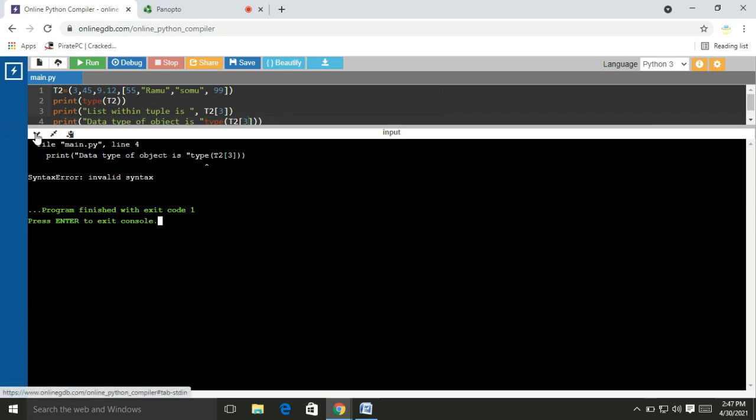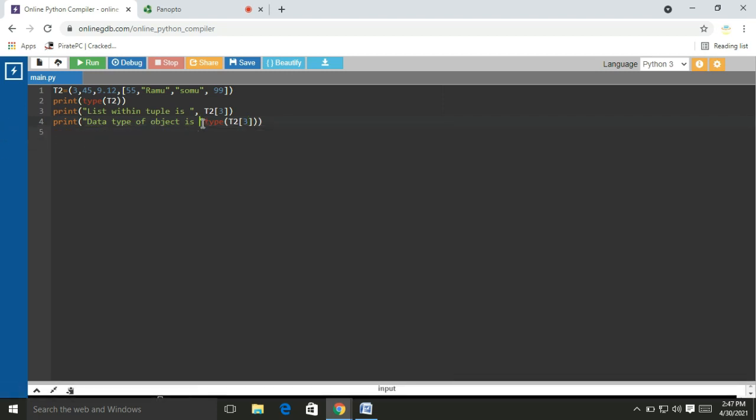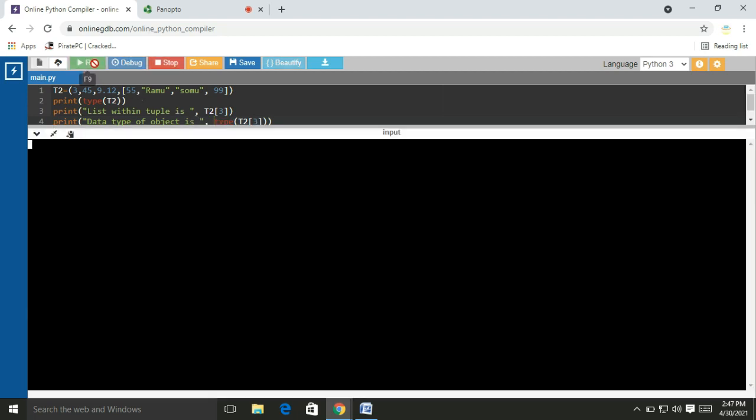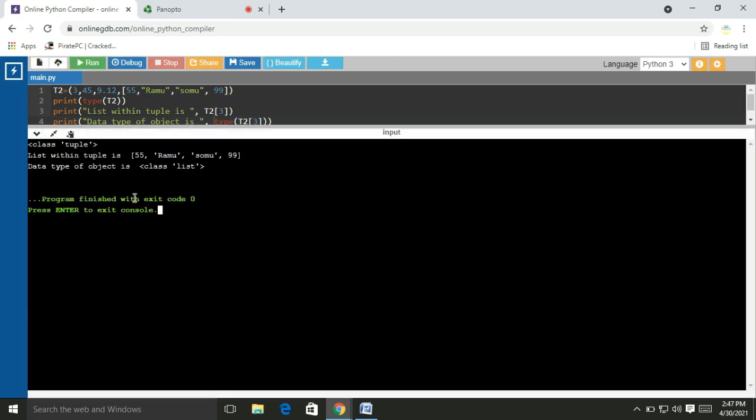Okay, I forgot to keep a comma here, right? Right. So the list is embedded within the tuple.